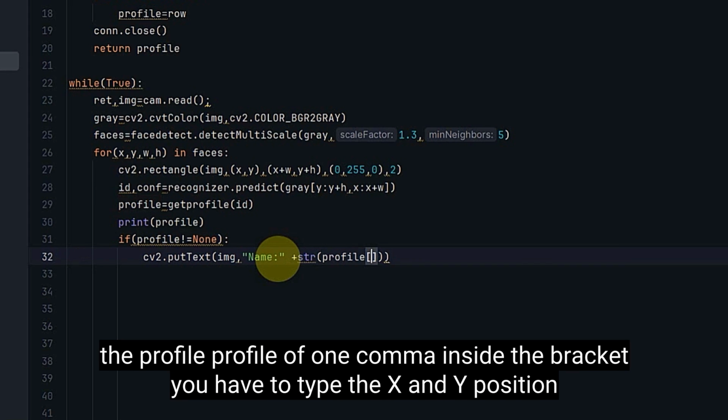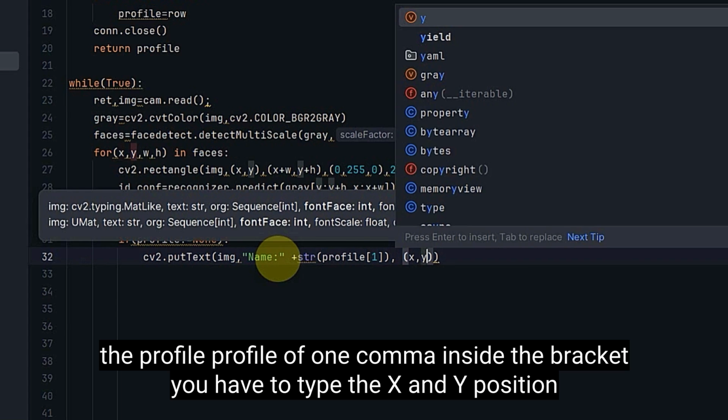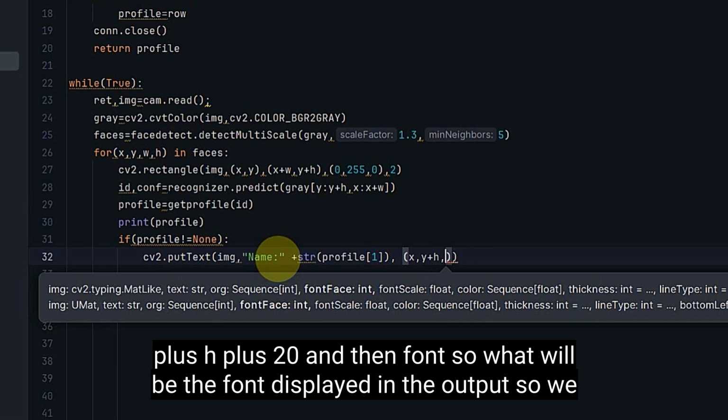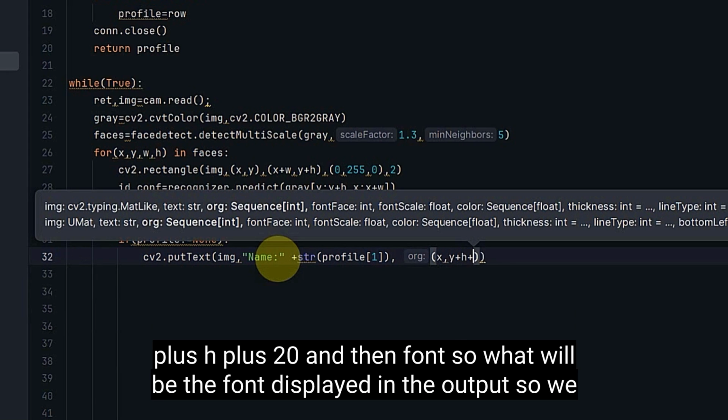Inside the string, the profile of 1 comma. Inside the bracket you have to type the x and y position, y plus h plus 20,